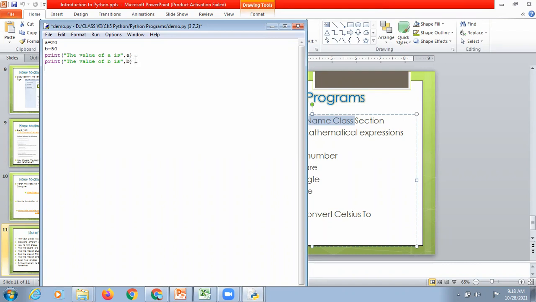Now we have to do the swapping. So अभी हमें क्या करना है? A is 20, B is 50, and now I wanted to store the value of B in A and the value of A in B. So how will we interchange? We will take a temporary variable. We call it temp. Temp equals to, now we are saying कि temp में वो value डाल दे जो B में है. So temp equals to B कर दे. अब B क्या हो गया?